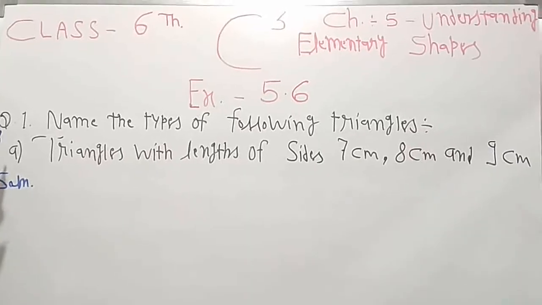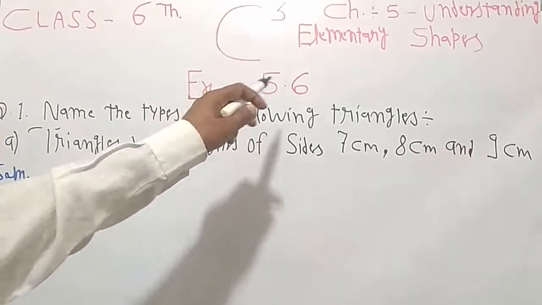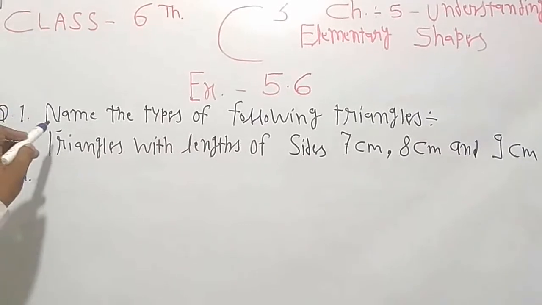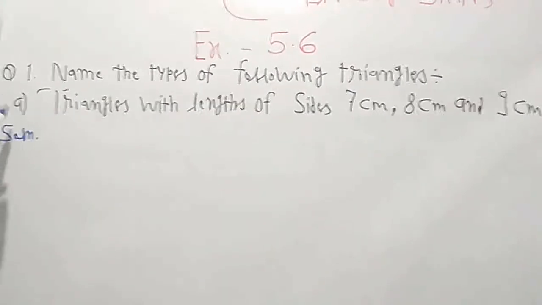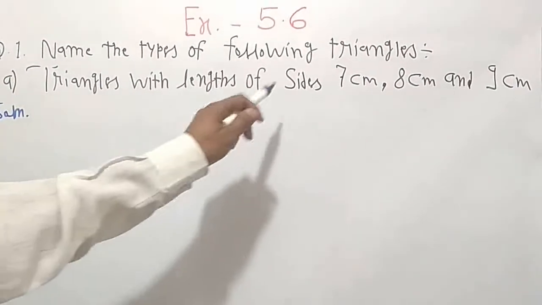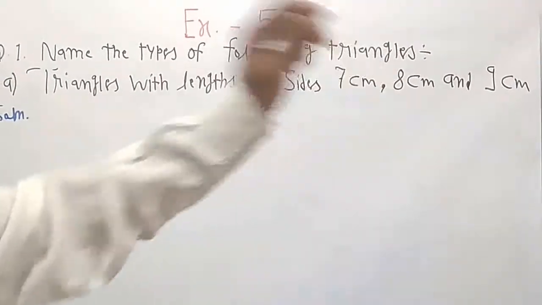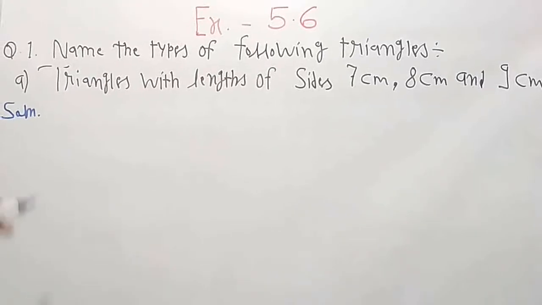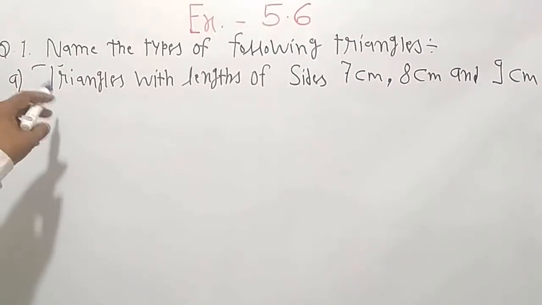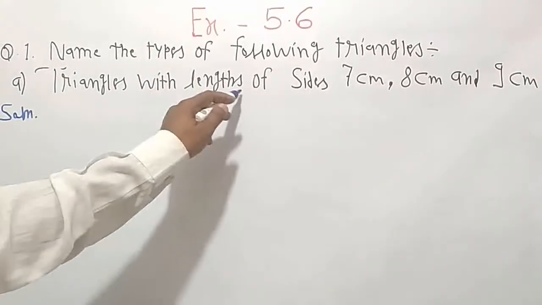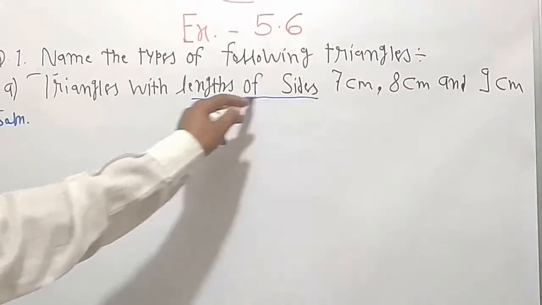In today's video we are going to solve question number 1 of exercise 5.6. Question number 1 says: name the types of the following triangles. The first, A part: triangles with lengths of sides 7 cm, 8 cm and 9 cm. When we observe this, again we read this question: triangles with lengths of sides